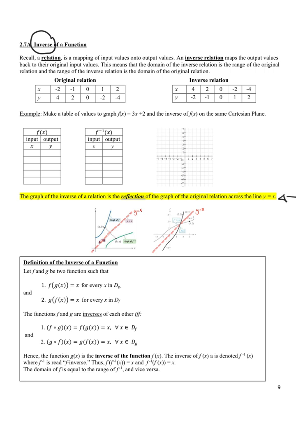The resulting graph, the image of the graph reflected across y equal x, is what's known as the inverse of a function. And we also noticed that not all relations had inverses that were also functions, right? And so we're going to talk a little bit about that. We're going to formalize everything that we did yesterday to make sure that we can do the algebraic process that underlies it. So if you recall, when we were first being introduced to functions, we first said that, well, they're